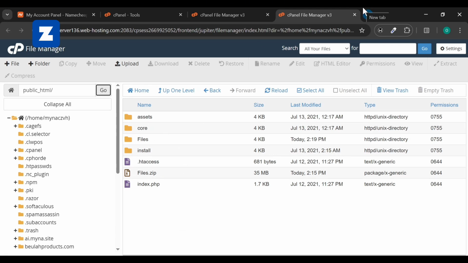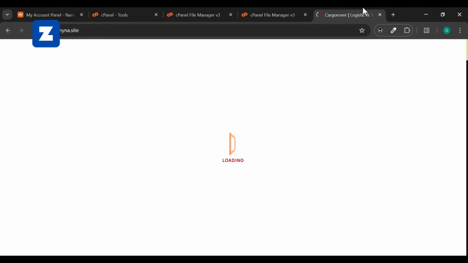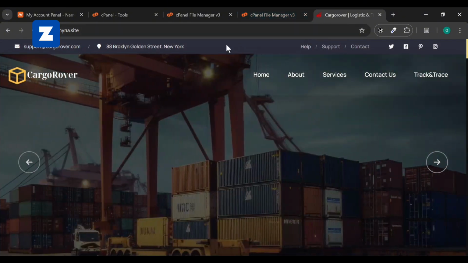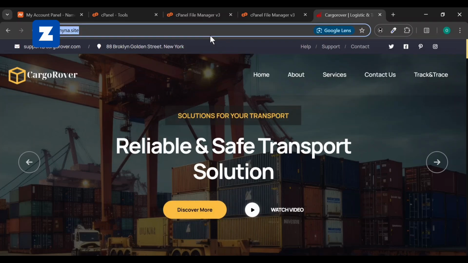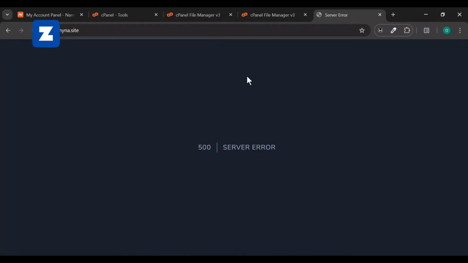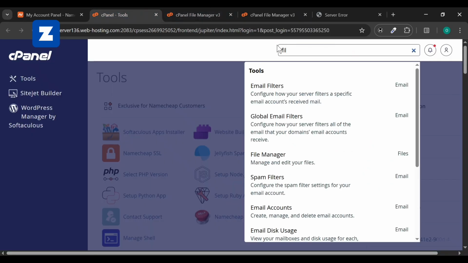Okay, now I want you to go to your website, just open your website up. Okay, I'm not supposed to get this. Let me hit Shift F5, hard reset. Now you get this server error, right? It's fine, it's 100% okay. So what do you want to do? I want you to go back to your cPanel and type